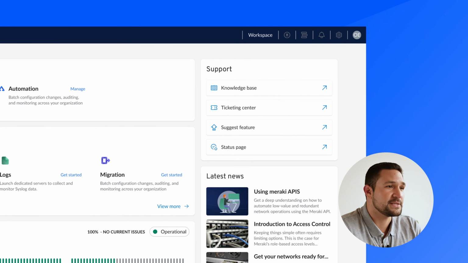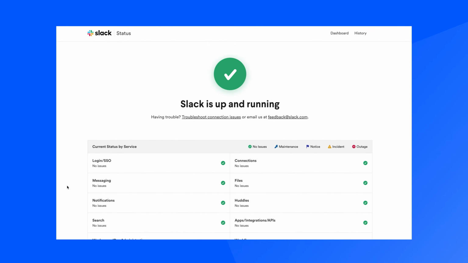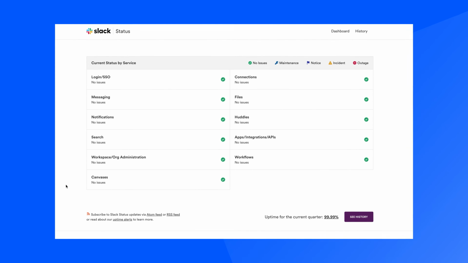And the last one from this example, status page, which might be a bit uncommon but is an important communication tool used to inform users about the current status and health of their services, including any incidents, downtime, or performance issues. It offers transparency, reduces support requests, and helps users stay informed during service disruption. If you have not seen one of those, here we can reference the status page that a service like Slack